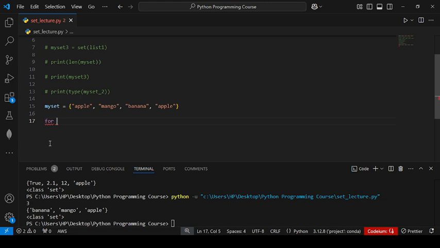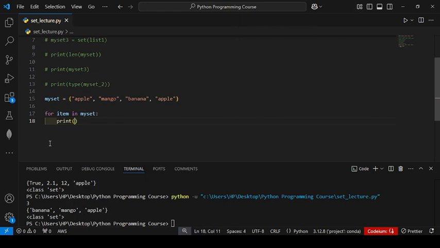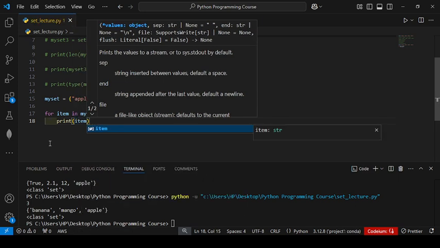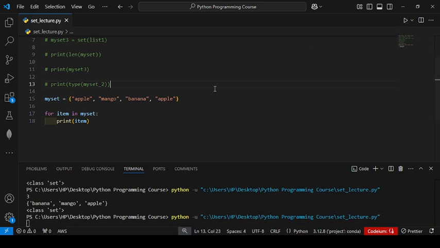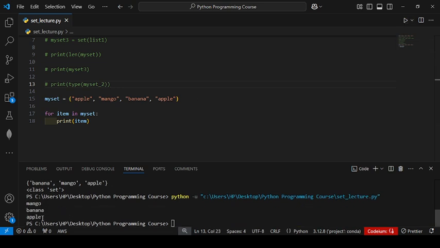Here is my set, so for item in my set, print out the item one by one. We see the output: mango, banana, and apple.